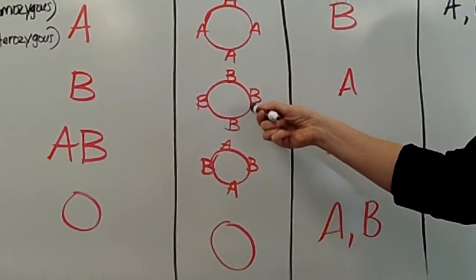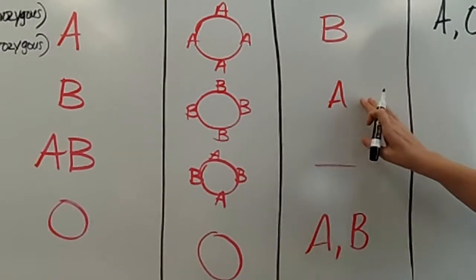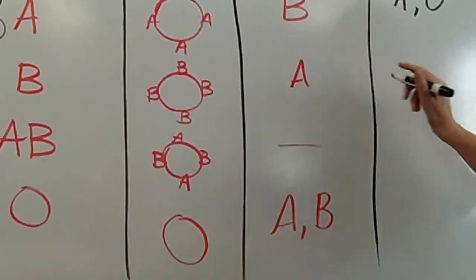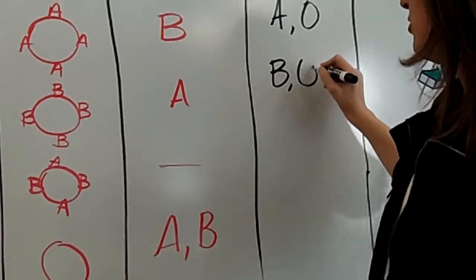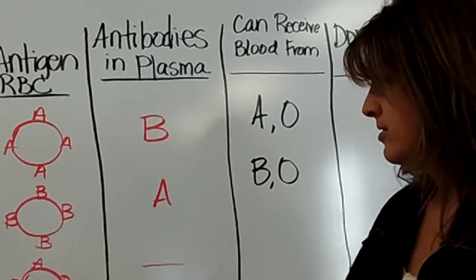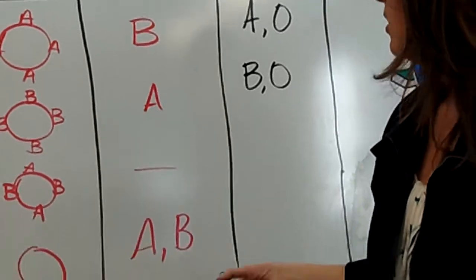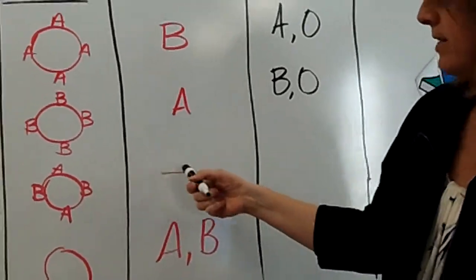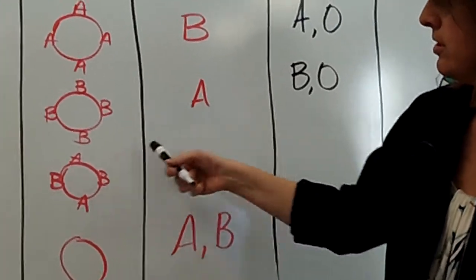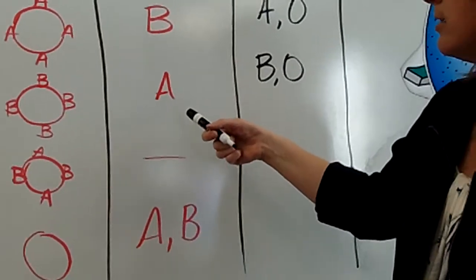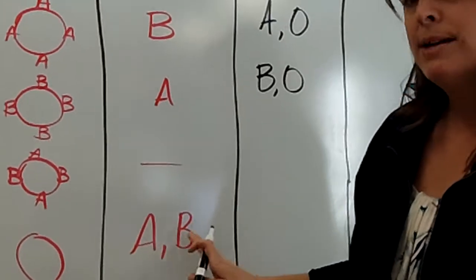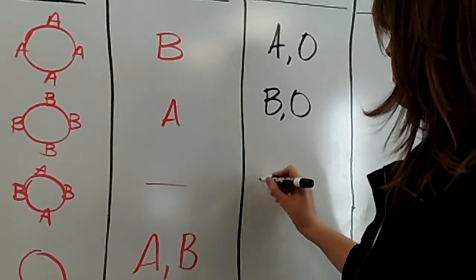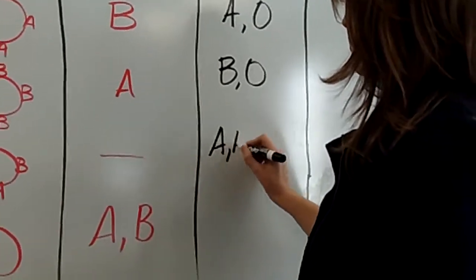You've got all your little B's on there, and the antibodies in type B are A. So you can obviously get blood from B, and again, you can get it from O for the same reasons that we talked about with A. You can't get AB blood though, because it has that A on there, so that would make that type B blood clot. If you're type AB blood, you don't make any antibodies, so you can get blood from A, B,